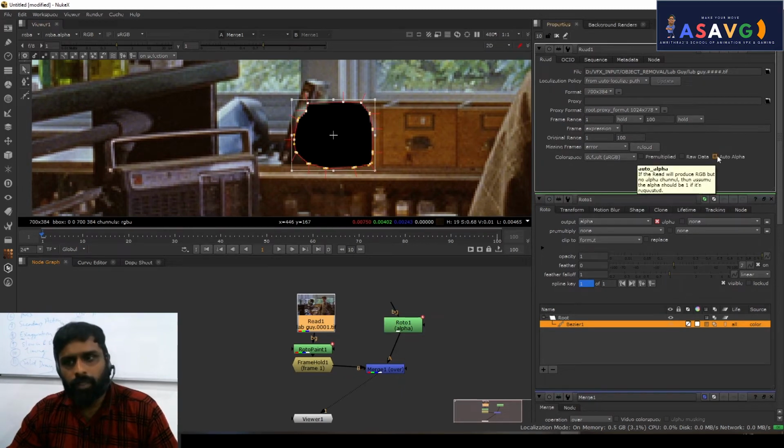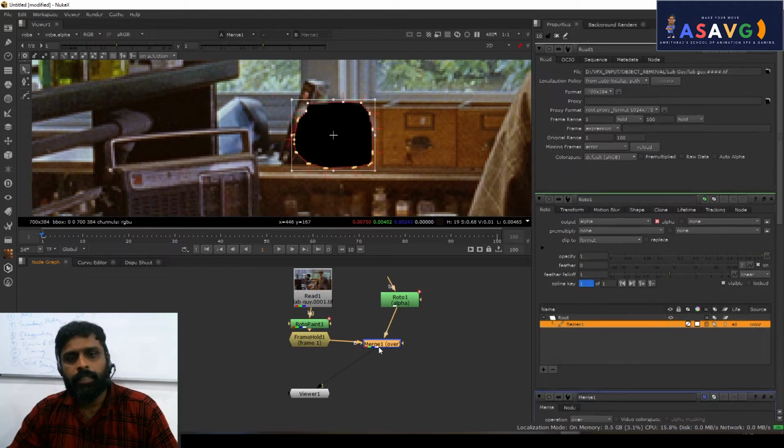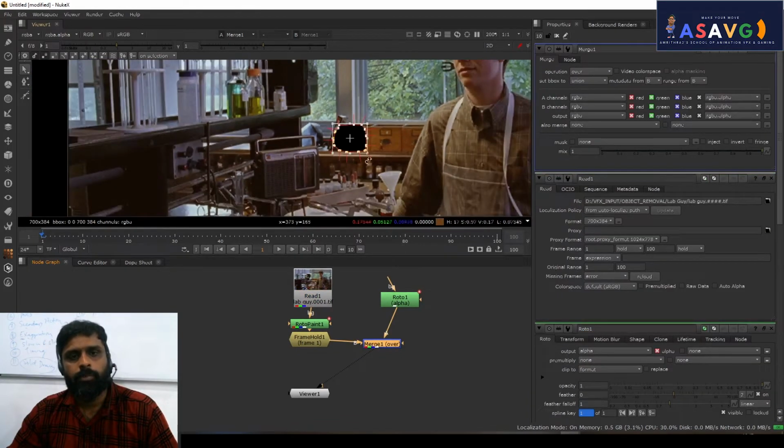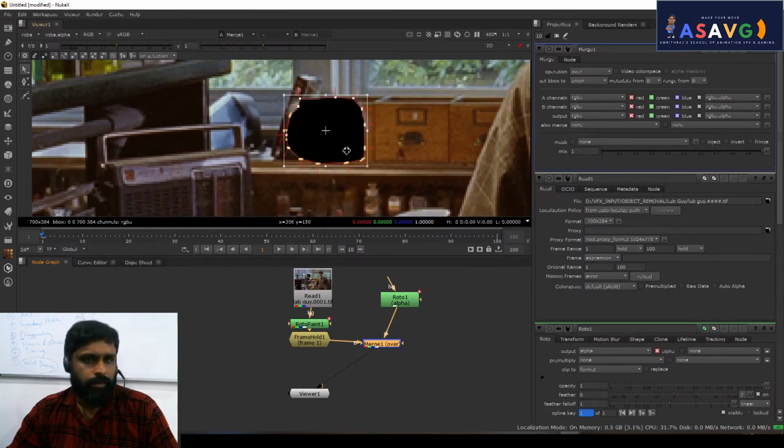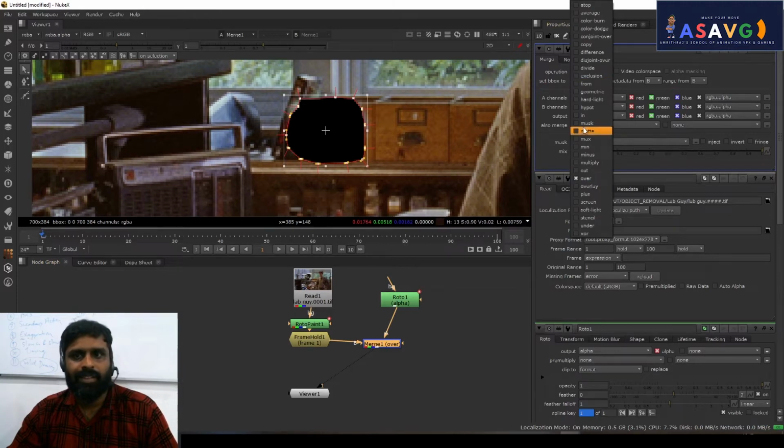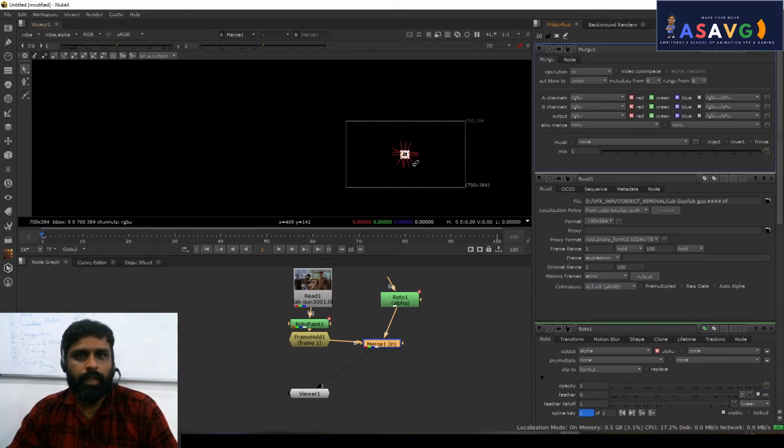Okay, one thing is that, and the next thing is that it is over. I want only this portion to be created, meaning that only the part we have rotoed is removed. So in over I select and make it in. Okay, and in also we are not finding something, right?